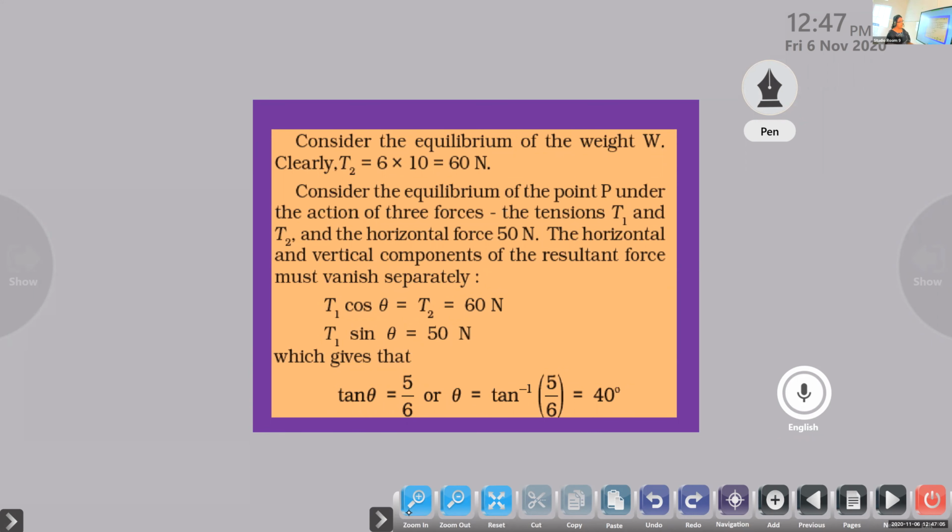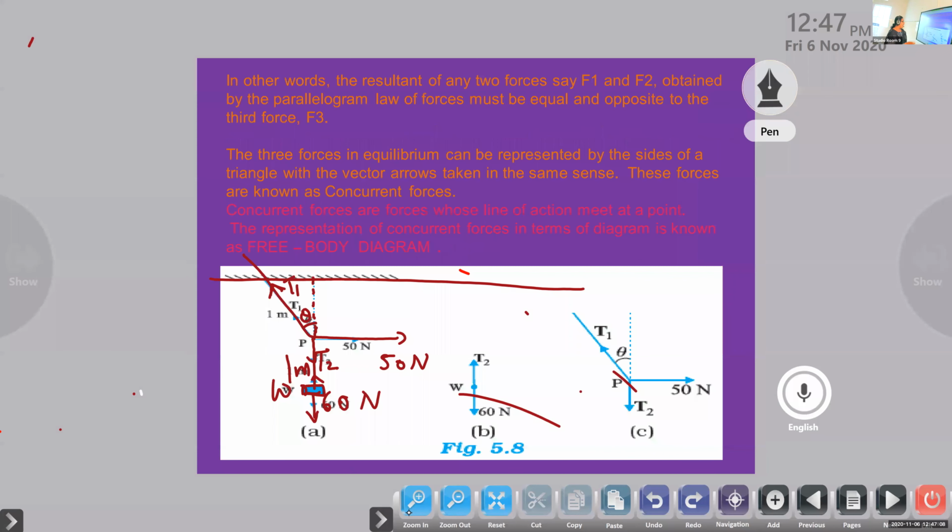If you look at the picture carefully, identify the forces which are acting, the concurrent forces. One concurrent force acting downward is the gravitational force, which we represent as weight. Weight is equal to mass into gravity. What is weight? It is the force due to gravity. That is what we learned in 9th standard, the difference between mass and weight. So, weight is equal to mass into gravity, acting downward. So, one force is downward. Then, which is the force acting opposite to that?